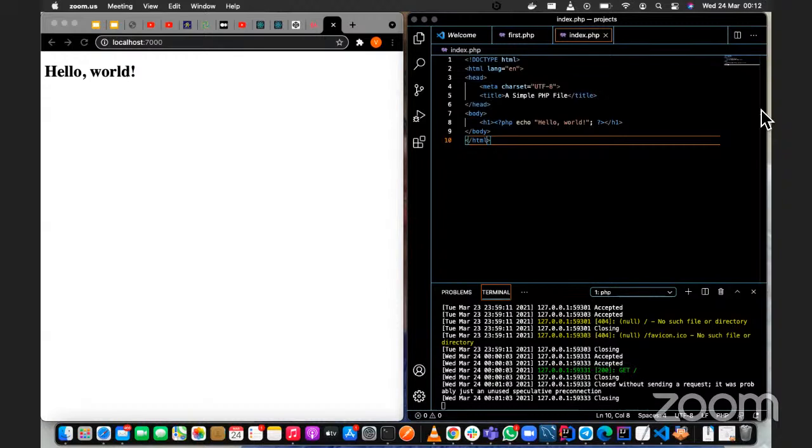we'll talk about PHP syntax. When we talk about syntax, what does syntax mean? A syntax is simply a set of rules or formats that define how a program can be written and interpreted. Every programming language has its own syntax. PHP is not left out. So the basic syntax for PHP,